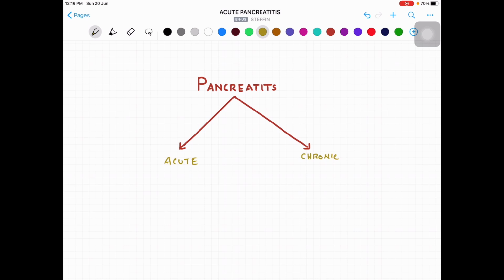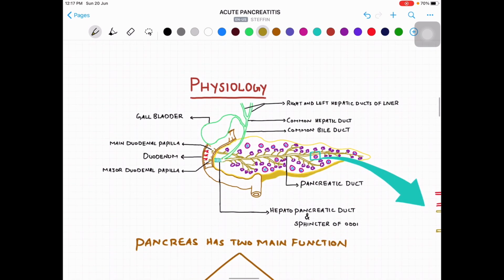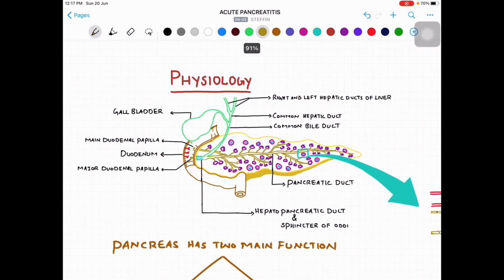In this video, we will be discussing acute pancreatitis. Before going into details, we will be just seeing an overview of the physiology of the pancreas. Well, the pancreas is an organ that sits behind the stomach, situated partly retroperitoneal, meaning just behind the peritoneum. Also, it is an unencapsulated organ. As you can see here, the pancreas makes the connection with the duodenum, which is the first part of the small intestine.